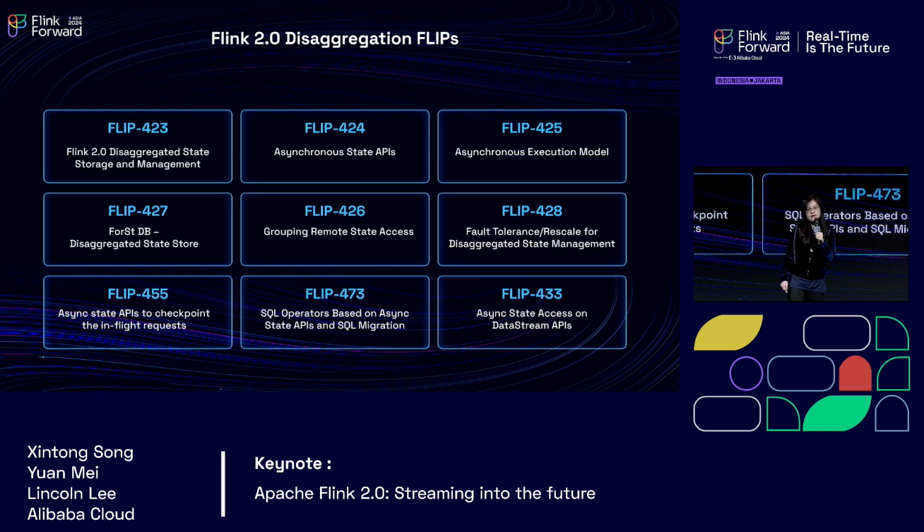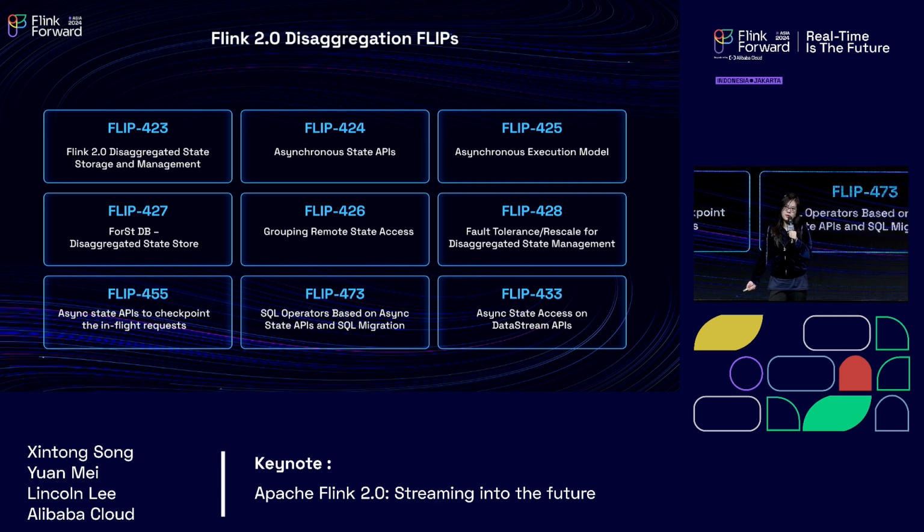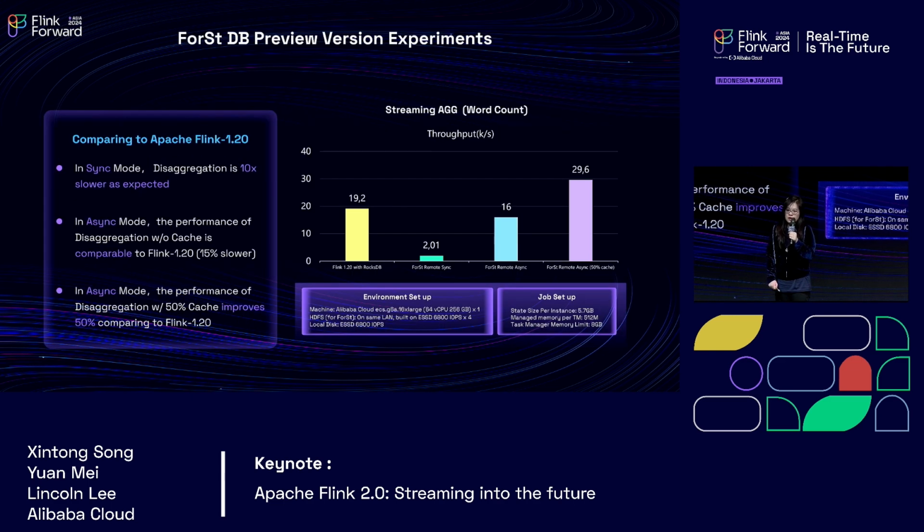Okay, so here is the list of FLIPs, the Flink Improvement Proposals, for the disaggregation. If you are interested, they are all public in the Apache Flink community, and they cover all the details of the technology that I've covered today, just for your reference. And then last, I want to share some of the experiment results of the ForSt DB preview